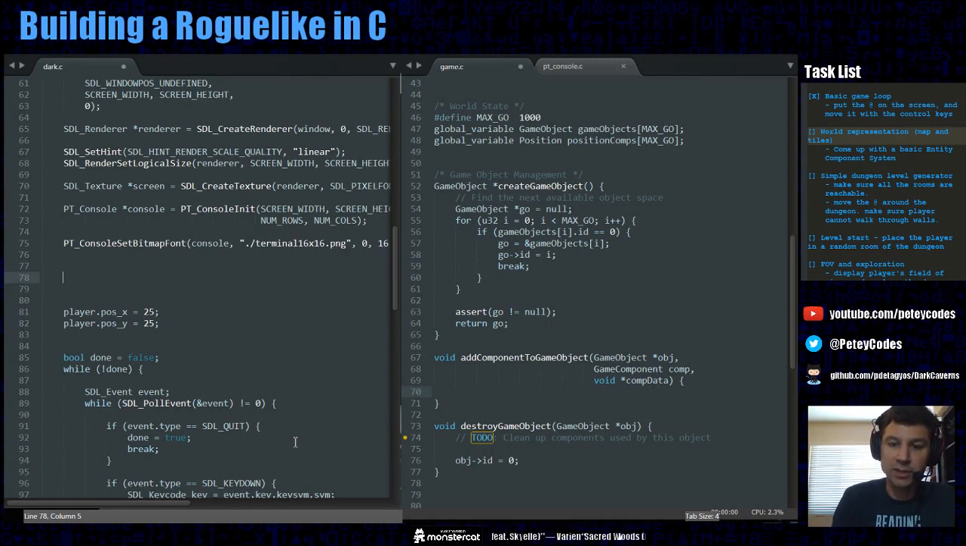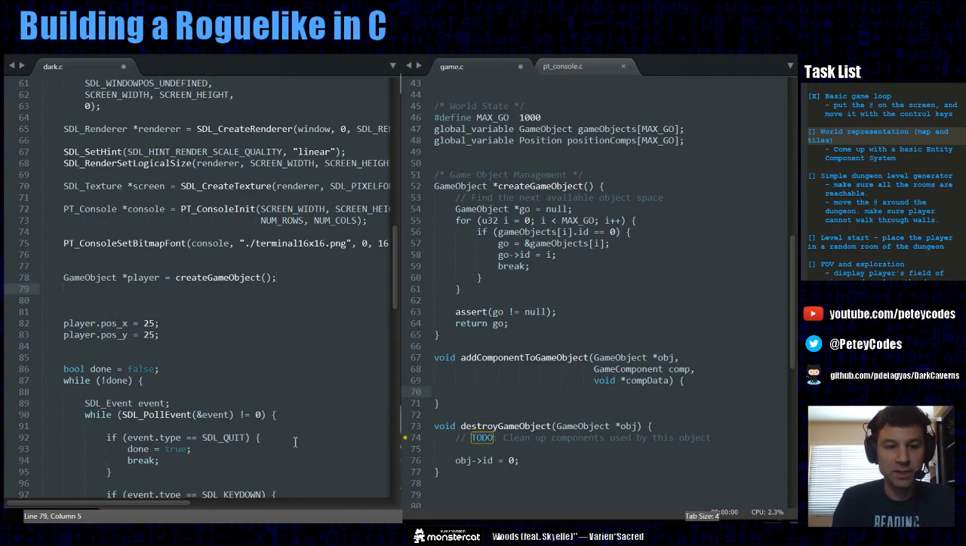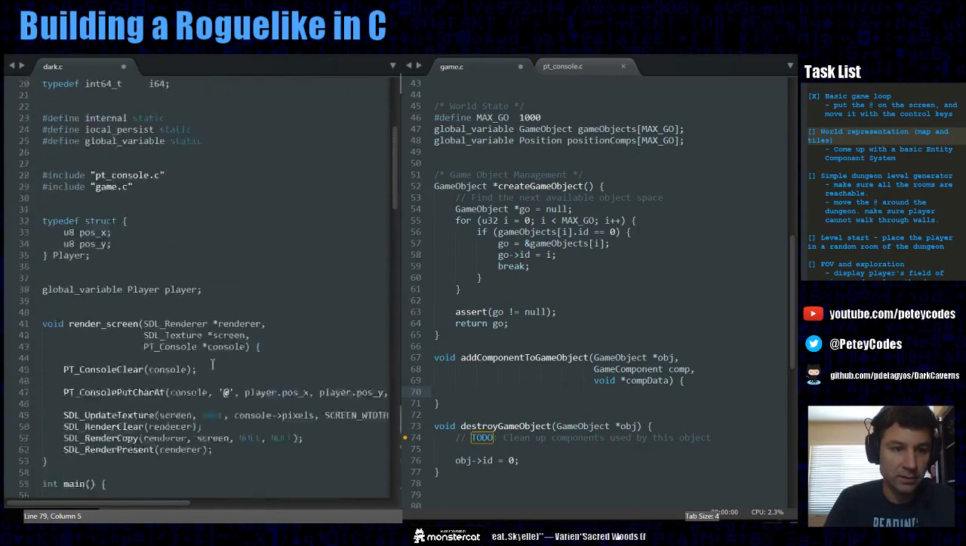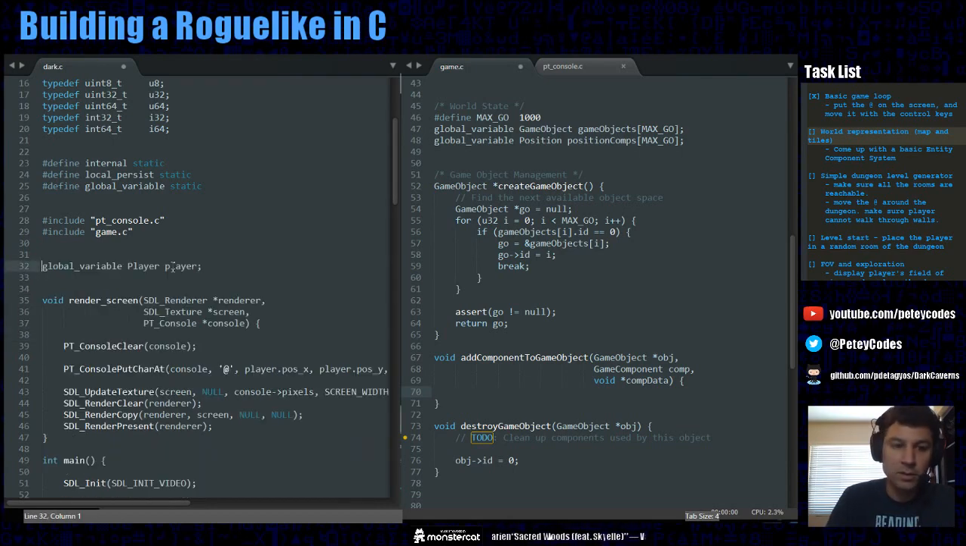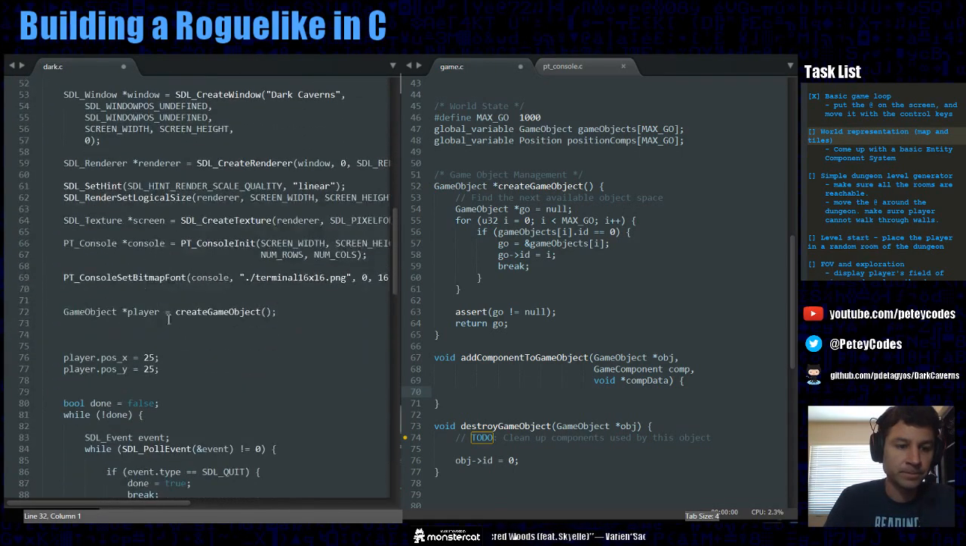We'll have a game object. We'll call it player, and we want that to be a new game object. And so then what we're going to want to do is, instead of, this is our player struct right now, let's get rid of that in favor of our new game objects. So we're going to have a player, and let's add